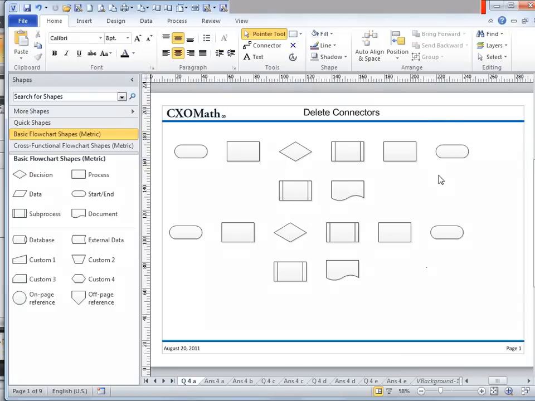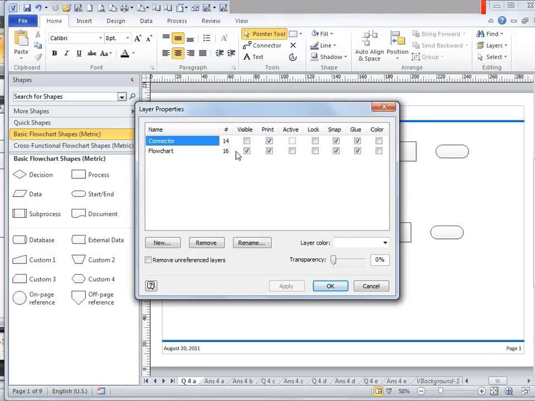It is possible that a non-visible layer is printed if the print column is checked and the visible column is unchecked. So let me show you what I'm talking about. Again, I'm going to go to Layer Properties and I'm going to click on that. You can see the printing option is checked for both connector and flowchart, but the visibility option is unchecked for connector. So hence, if you print this document, it will print with the connectors. That means it will print